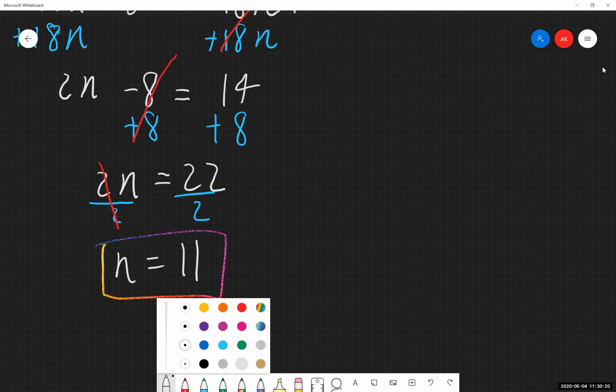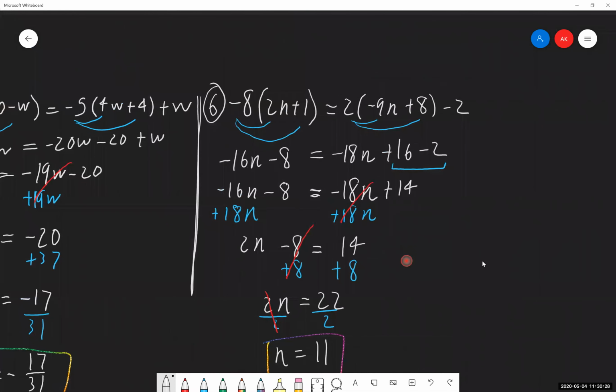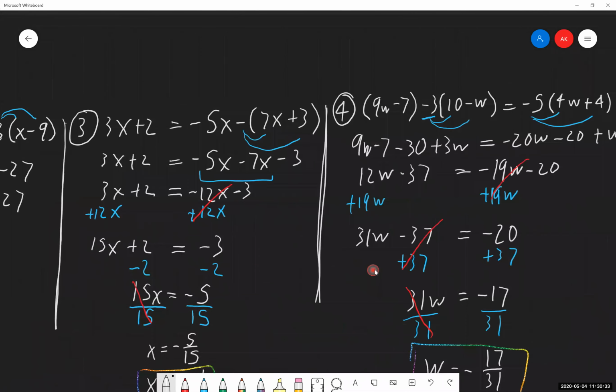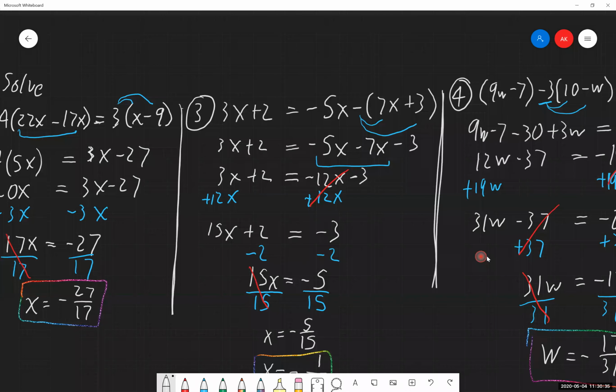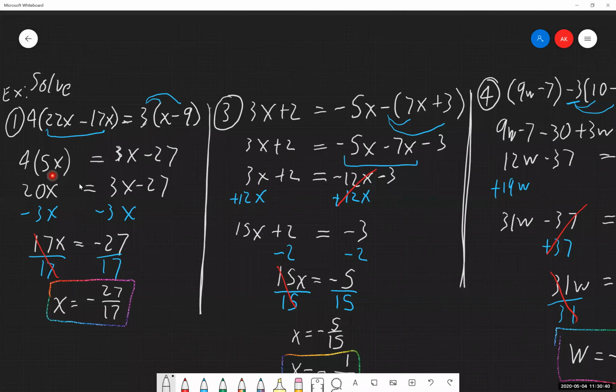So again, I can go through more examples of this because we've got 10 total. But the main core of everything that we're doing here is just doing that same process over and over and over again. A lot of people, when they're going through this, the biggest thing that messes them up is they do not do the simplification steps. They just automatically start to add, subtract, multiply, and divide things to both sides of the equation. And I would highly recommend you go through just a couple lines of work to make that happen for yourself.